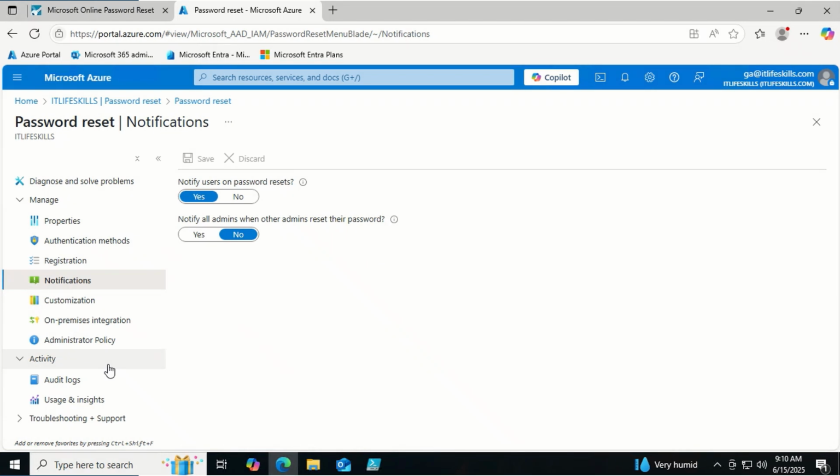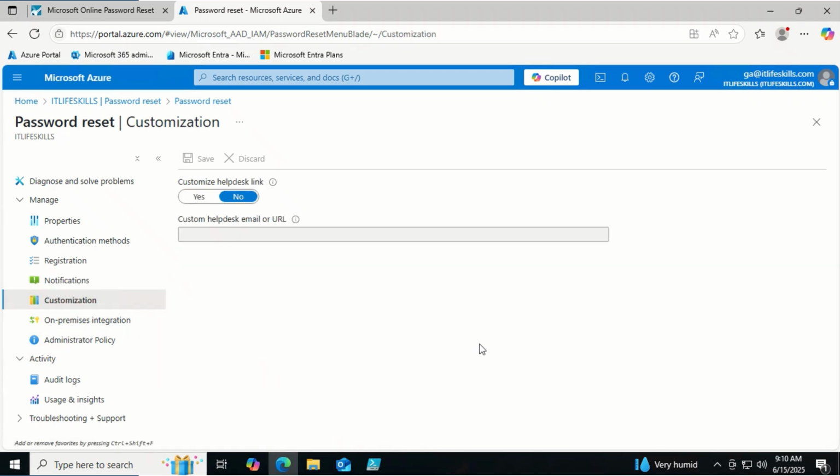The next option is notifications. Azure allows us to configure to notify users on password resets and the default option is set to yes. We can also configure to notify all admins when other admins reset their password and the default option is set to no. We can also customize the helpdesk link by clicking on customization, which allows us to change the default users who